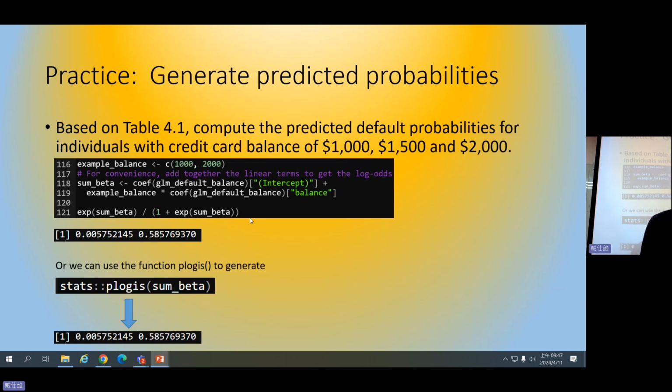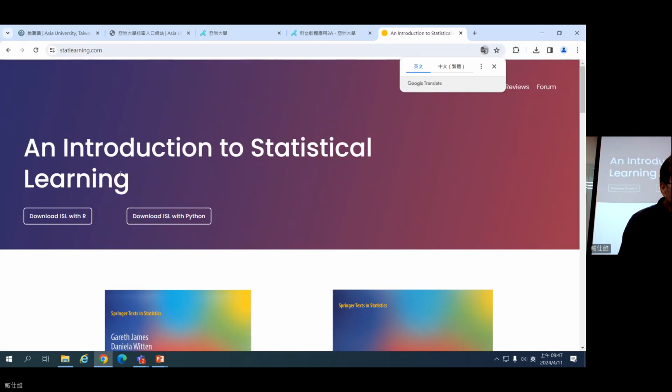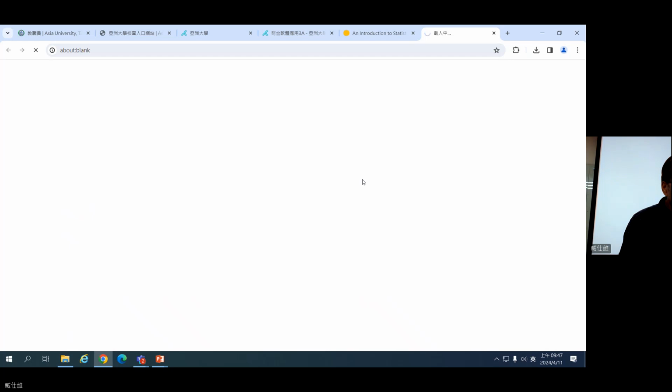Maybe we can reference the textbook here. Because it's easily available from the internet, I suggest you also download the textbook.